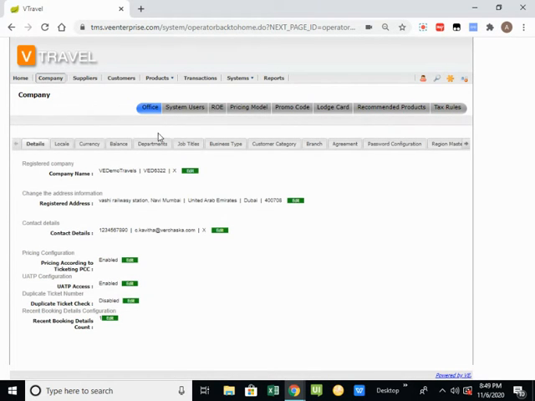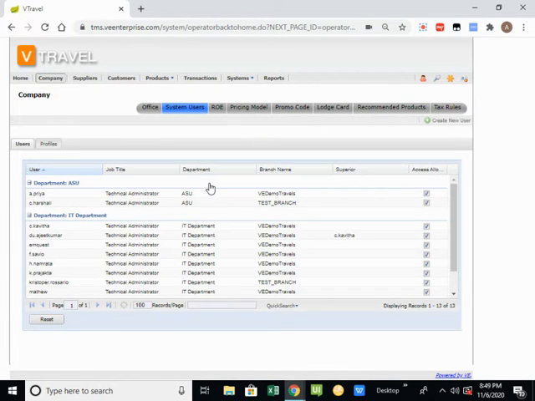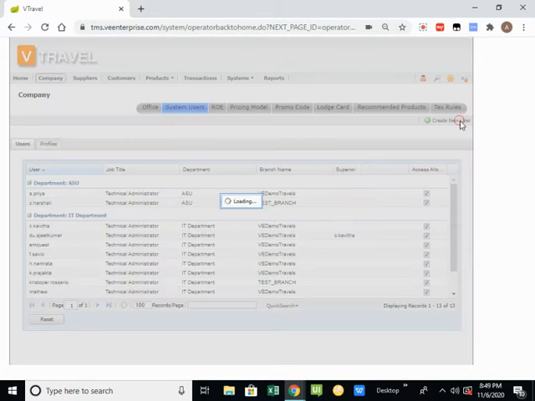In company, we go to system users. So these are all the system users already created. And to create a new user, we'll have to click on create new user. So if I click on create new user,